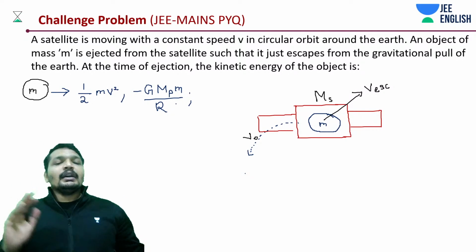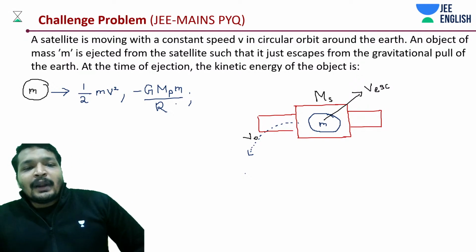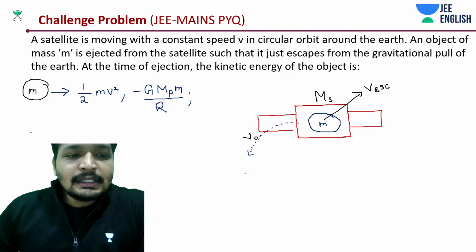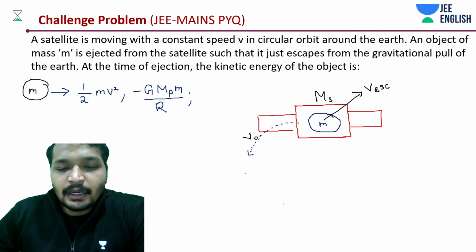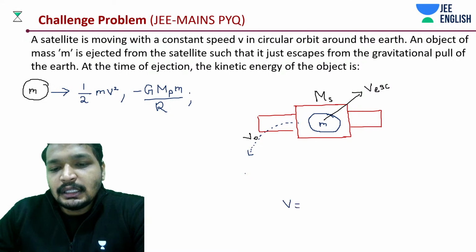One more important thing we know is the value of V, or V0, in this case. It's under root